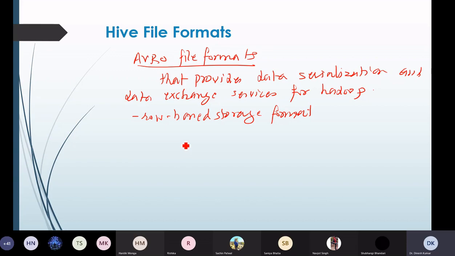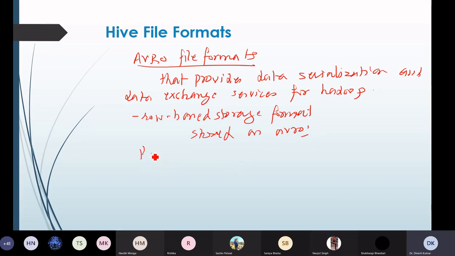Again, we can add the line stored as Avro at the end of this particular statement for creating Avro file format files.